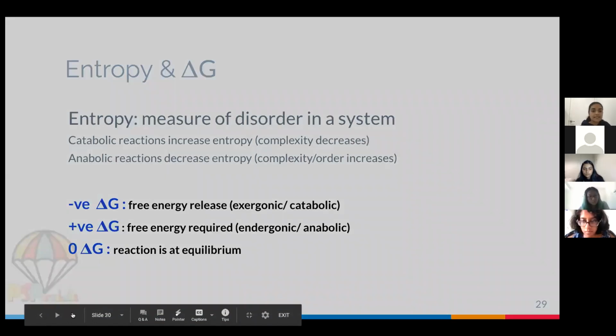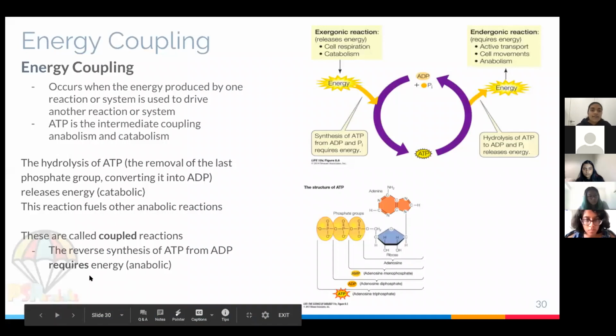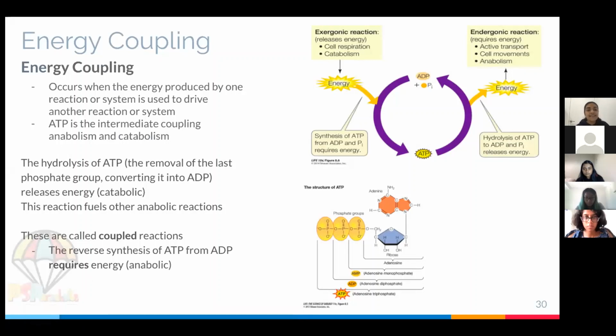Next slide, please. All right, energy coupling. This happens when energy produced by one reaction is used to drive another reaction. So one reaction releases energy and another reaction is able to use that energy. And ATP is intermediate coupling